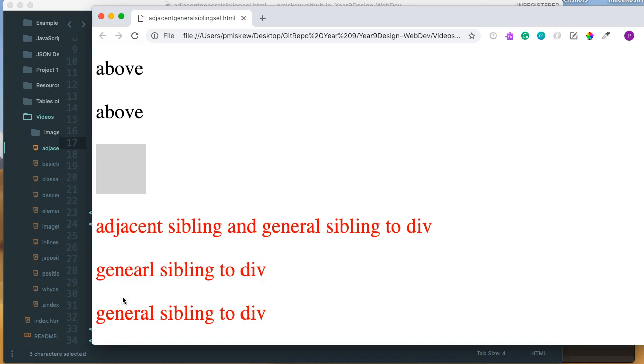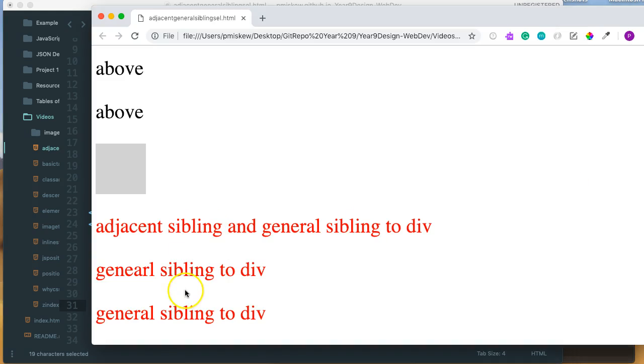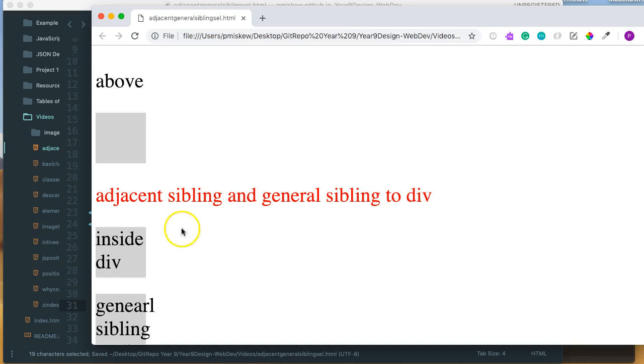Now I'm going to set up a slightly different situation just to illustrate one last feature. So let me just pause this. Okay, so we were looking at the general sibling selector, and the question is, is this p here a general sibling to a div? This is what we had before, and let's just take a look and see what happens. So if I save this and I refresh this,